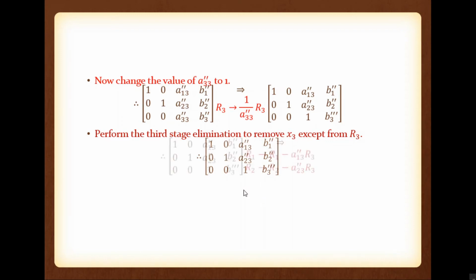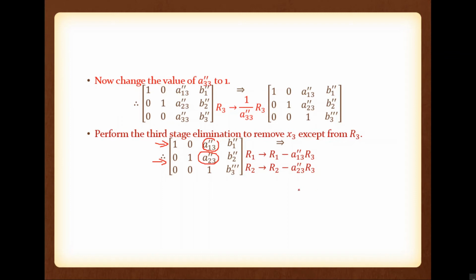So for the purpose, the row operation that we are going to provide is, this is first row. So R1 is equal to R1 minus element that we are going to remove, A13 double dash, into the pivot R3. Third elimination, the pivot is R3. Okay. So R1 is equal to R1 minus A13 double dash into R3. Similarly, from second row, we are going to remove A23 double dash. So R2 is equal to R2 minus A23 double dash into R3.